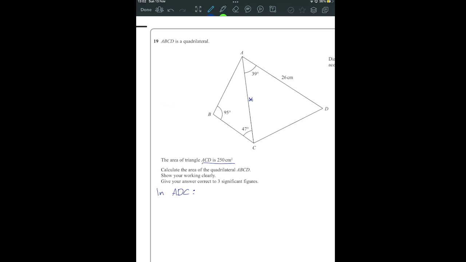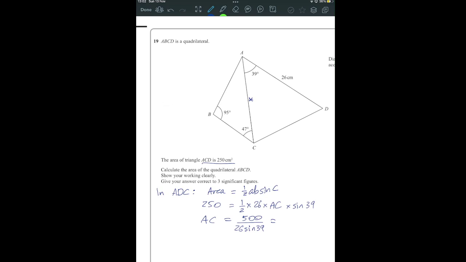So in ACD, I'm going to use the fact that I know the area and I know the formula for the area to try and calculate a missing side. So area was 250, it's half times one of the side lengths times the other side length, which is what we're trying to work out, times the angle between them. So AC, if we undo all that, double, divide by 26, divide by the sine into our calculator,